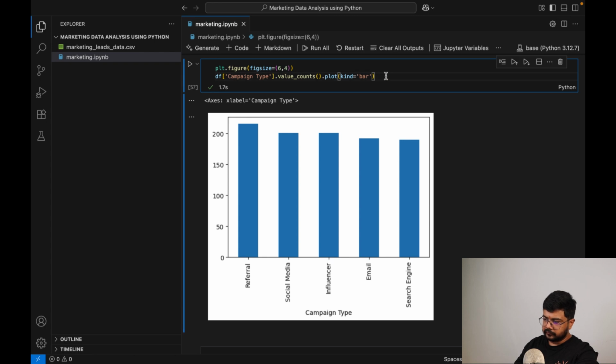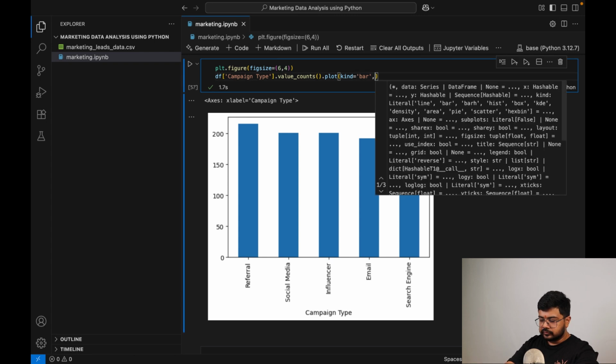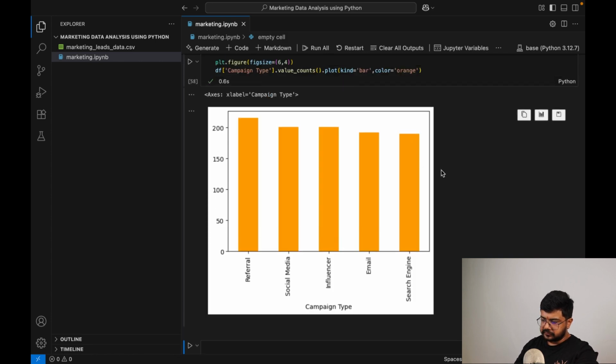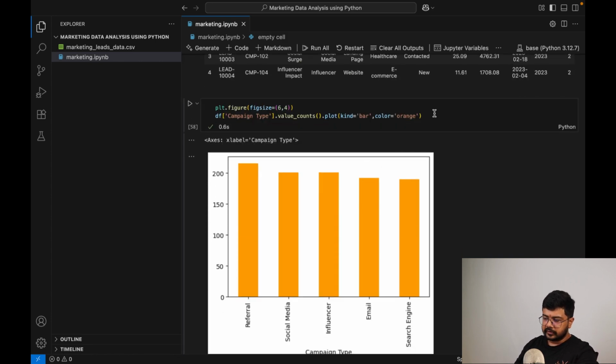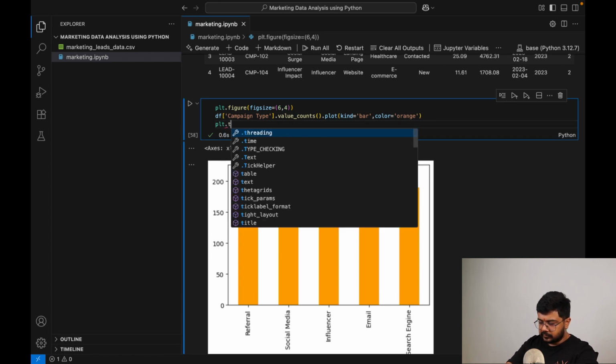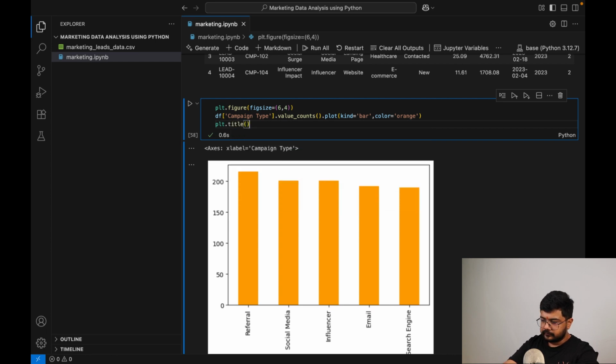If I need to change the colors of the bars, I can write color equals whatever color I want. So maybe orange. I will get the orange colored bars. If you want, you can change the color to whatever you want. Then I will quickly give the title. plt.title should be: number of leads generated by different campaign